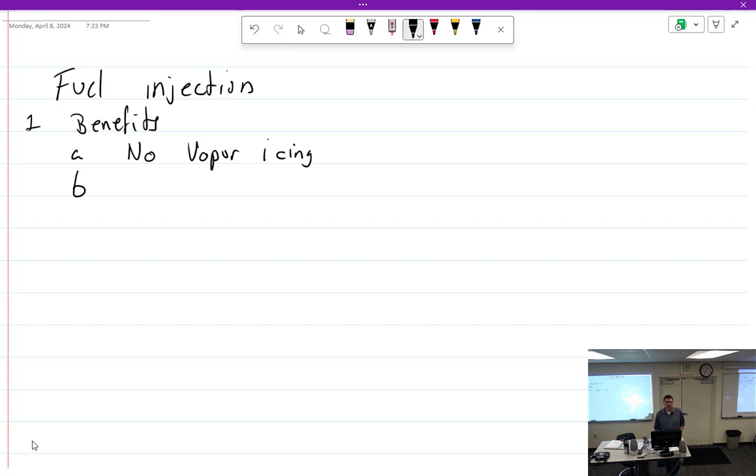So the way our fuel injection systems work, maybe that's a good way to start, is fuel is going to come into the fuel servo on this particular system, which is going to look a lot like a carburetor sitting on the engine where a carburetor would go, but all it has is air coming through it. It's going to measure the air coming through it and then run the servo, and it's going to send fuel around to the top of the engine through a manifold, which will have either 4 or 6 ports for fuel. The fuel is going to go out each line and go to the top of the